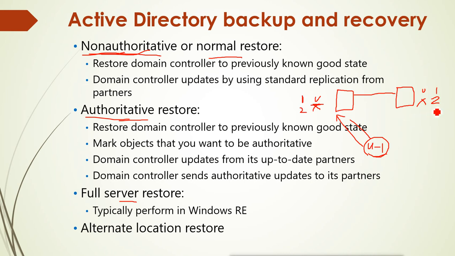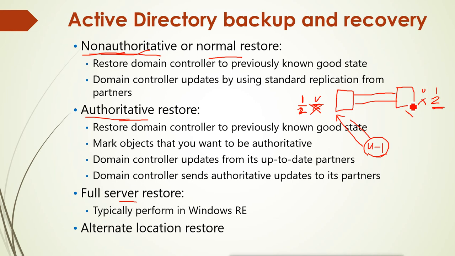Now when these domain controllers talk to each other, this one says I have ID 1, and this one says I have ID 2. This domain controller says, this is the new object ID, and it says the user is deleted. So this domain controller will also delete the user again and update the ID to 2. So what happened? We restored the user, but the user was automatically deleted again. If we do a non-authoritative restore when we have multiple domain controllers, the object comes back for some time and then is deleted again, automatically, because of the replication.